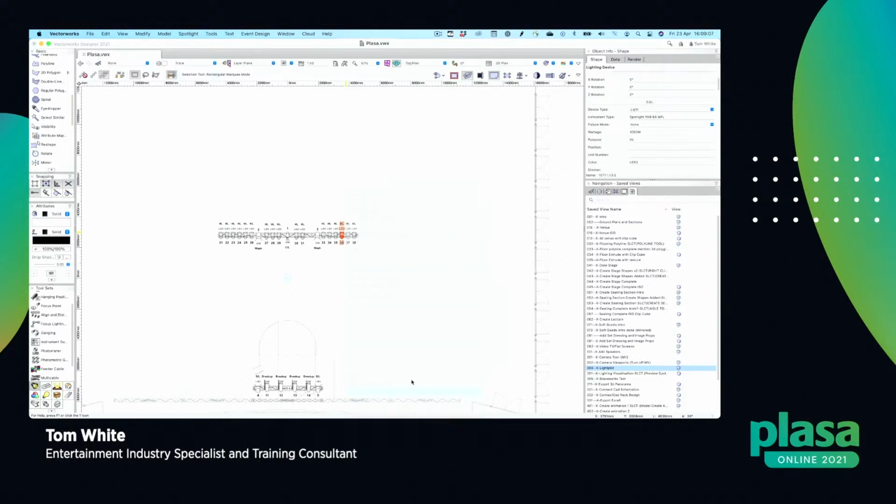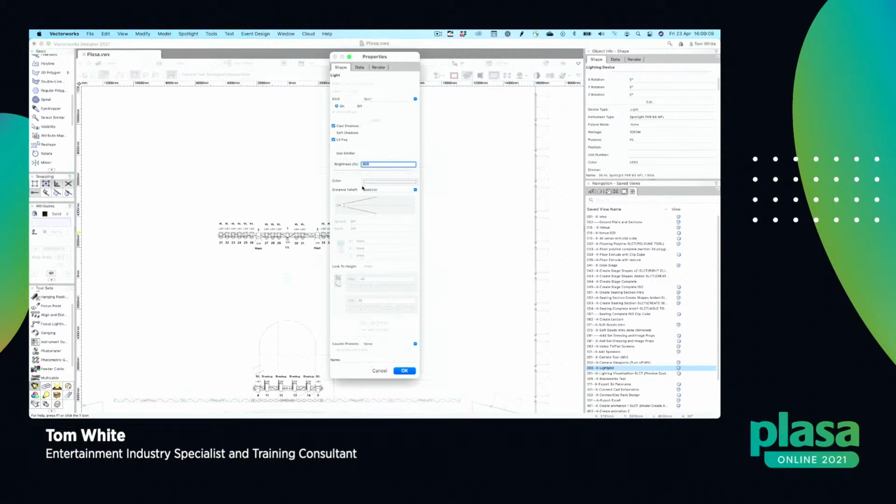Once you've focused them, it's then possible to right click on the lighting devices and select turn on, for example. I'll just show you the edit light command. So in here you can see they've got a brightness. Again, I've gone significantly higher than 100. I've set the fall off to